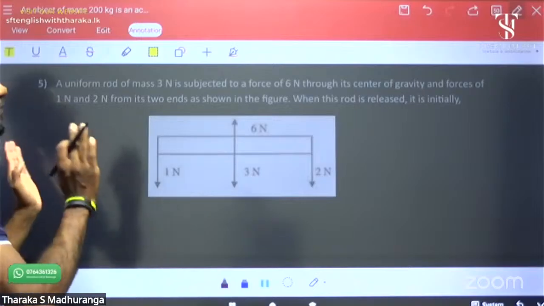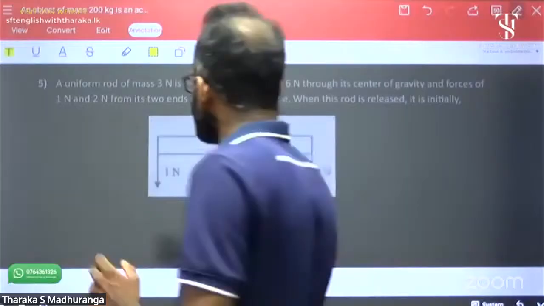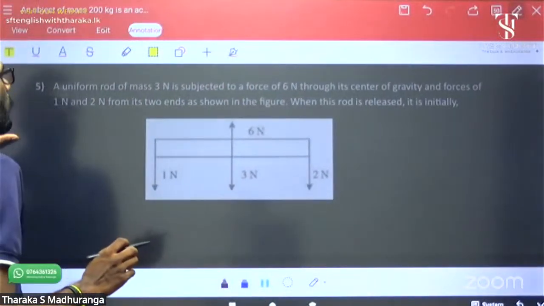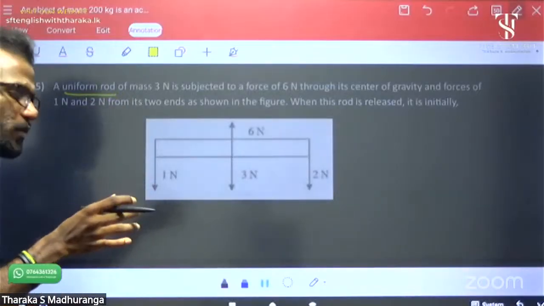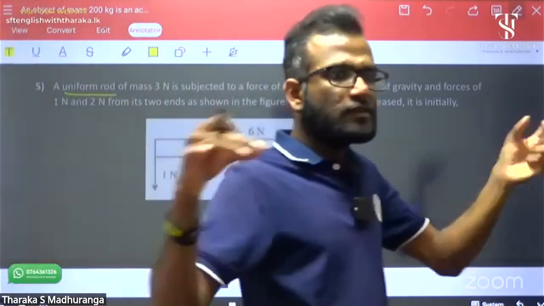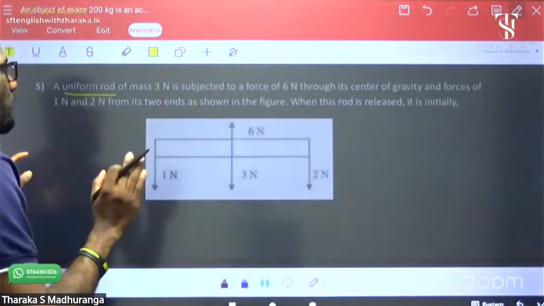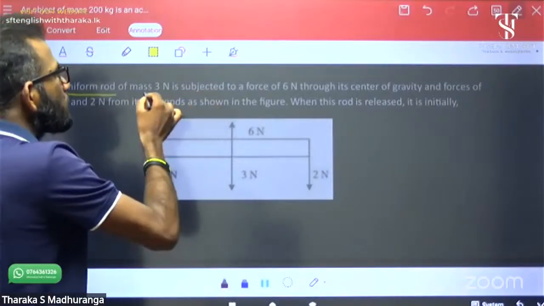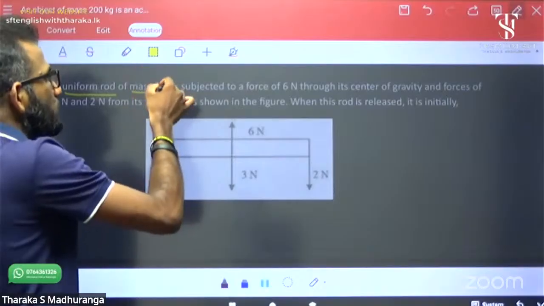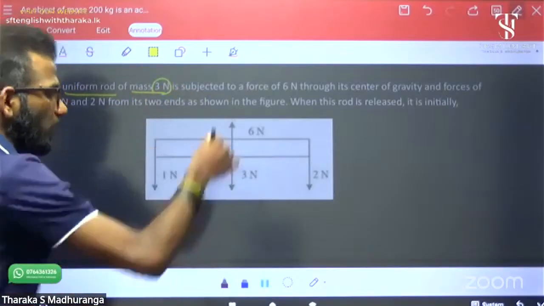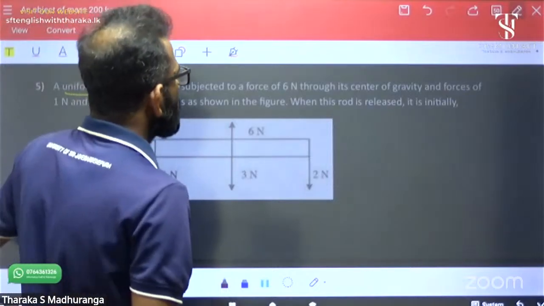Okay, first of all, we have to understand these terms. They are very special, very important. A uniform rod. What is the meaning of uniform rod? Uniform rod means like a meter rule: same diameter, same thickness. A uniform rod of 3 Newton, mass 3 Newton. Mass means actual weight; according to the given unit, it should be weight. 3 Newton weight is subjected to a force of 6 Newton